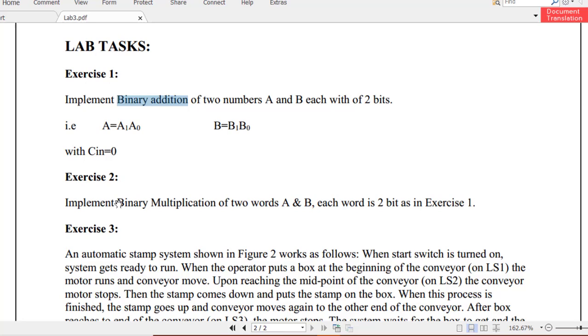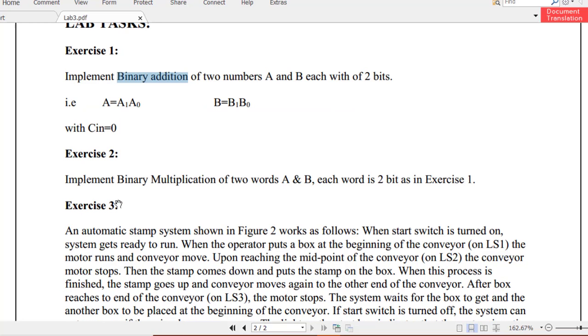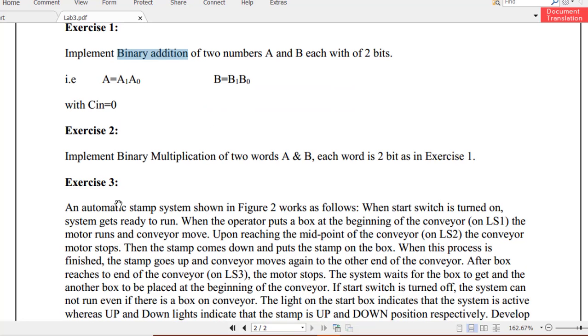So internal utility relays, I again repeat, are acting as intermediate output storage components, and they would be used by us to implement this binary addition and binary multiplication. And many more examples can be given where we have use of these internal utility relays.